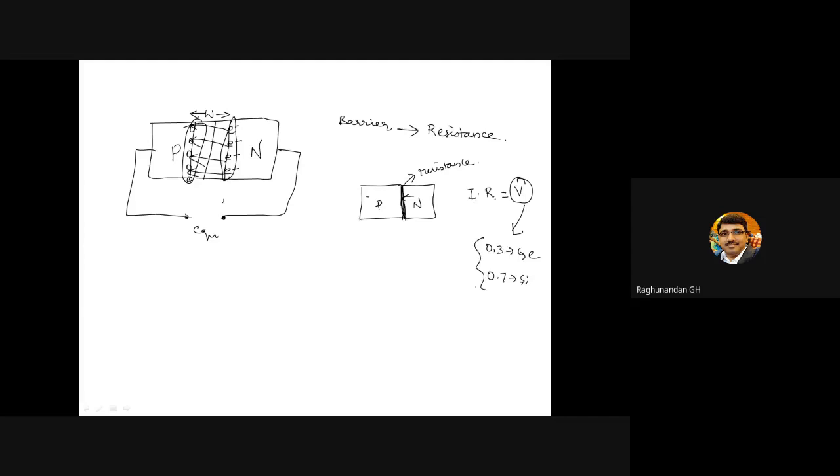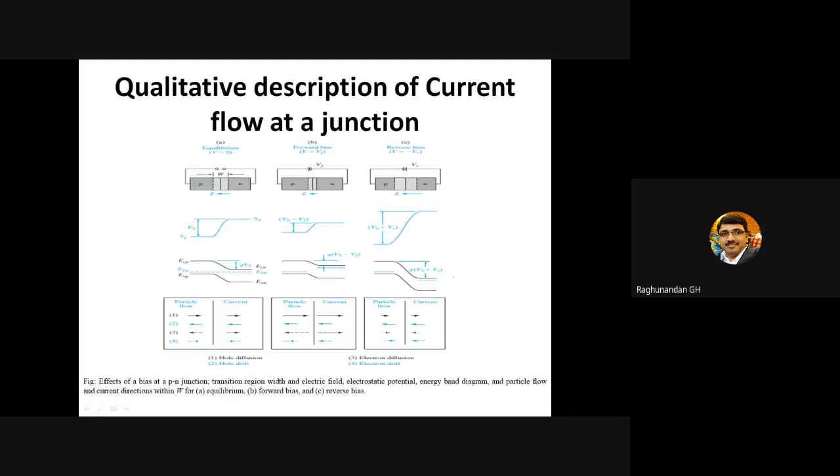Theoretically, we are telling these values, but practically, it depends. See, in our lab, we have 0.4 volt junction voltage, 0.2 junction voltage, even some are having 0.6 junction voltage. Practically, it depends. But theoretically, we are going to tell these values. So now I think you got to know how actually that 0.3 and 0.7 developed.